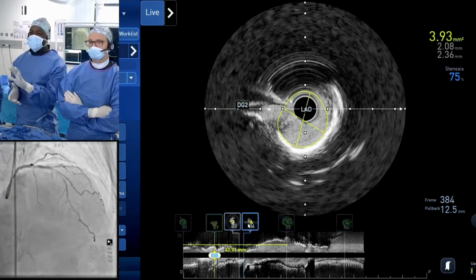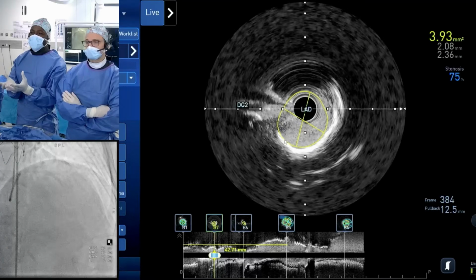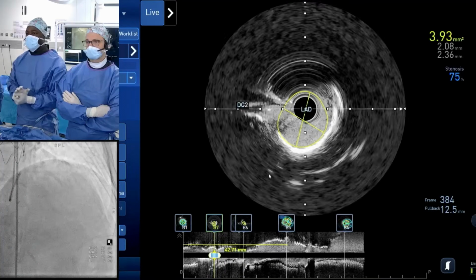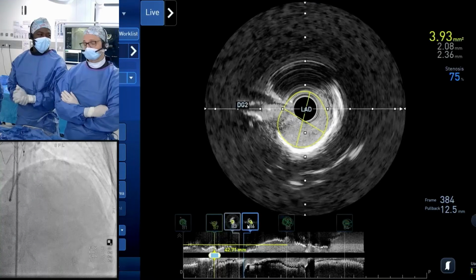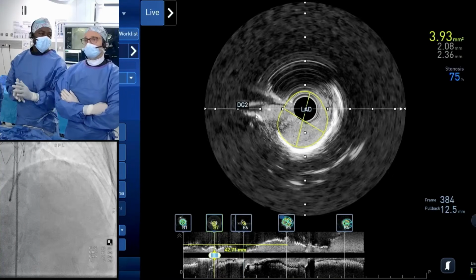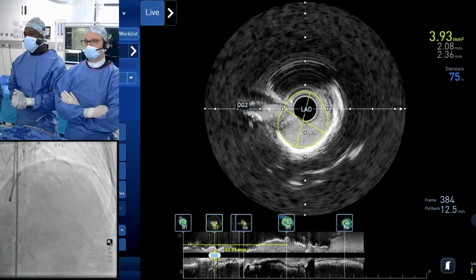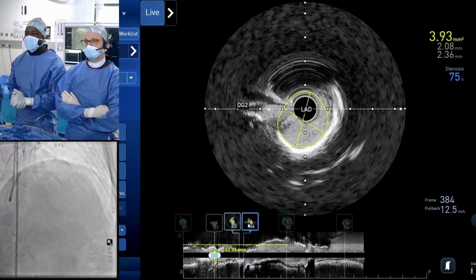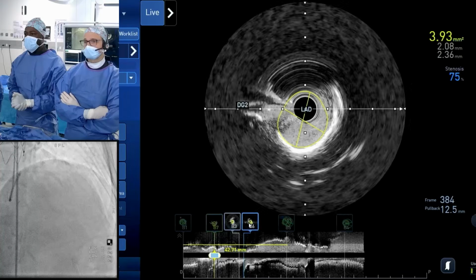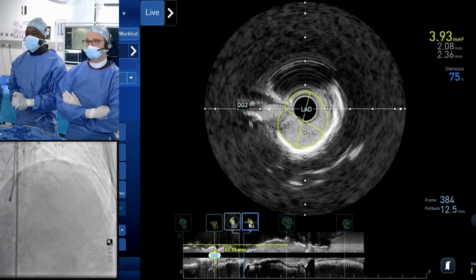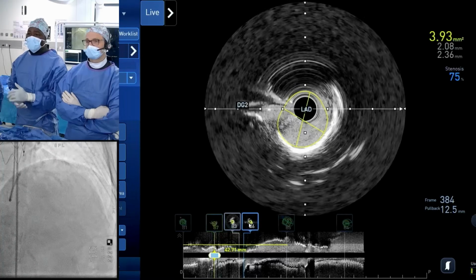Here is the second diagonal. If we pause right here, we can see the amount of shadowing that we have, telling us about the depth of the calcium, and more concentric calcification. The ostium of the second diagonal is a bit involved because, Benjamin, if you agree, we can clearly identify some calcific deposits just at the ostium of the second diagonal branch. For sure, there is a tight lesion. There is no doubt about that. And in terms of diameters, just at that level, it seems to be close to